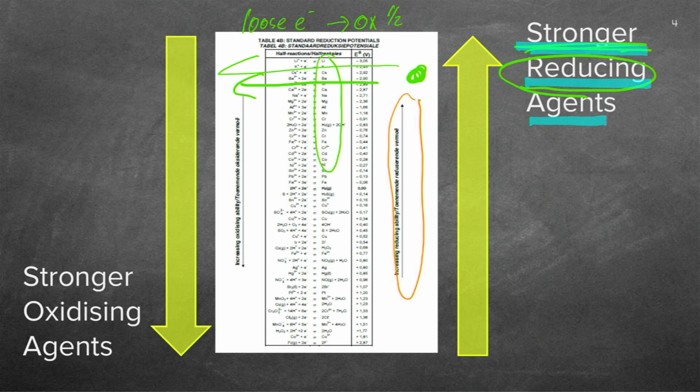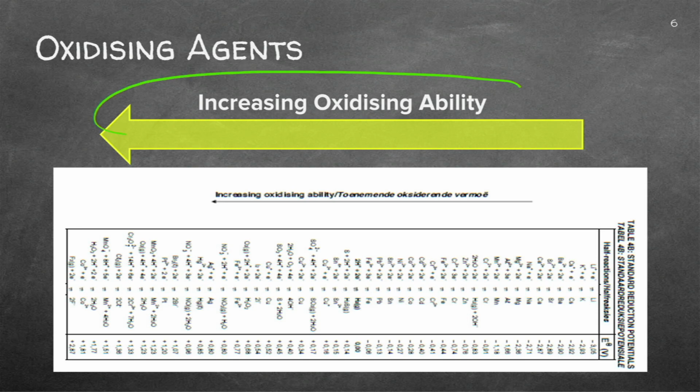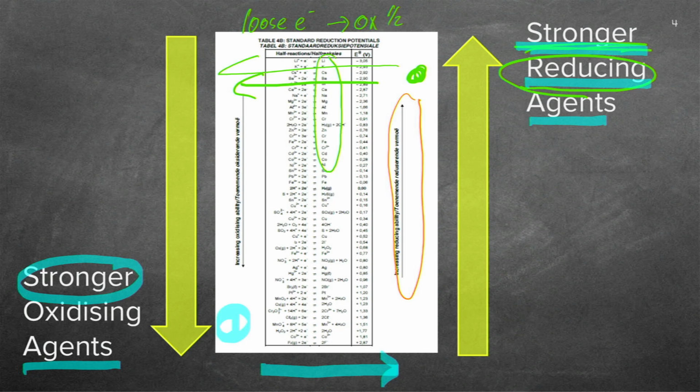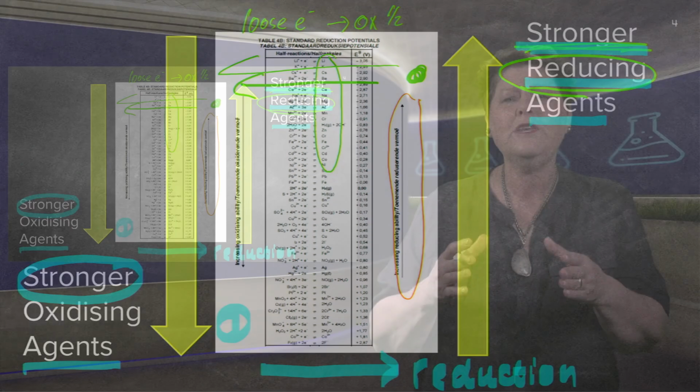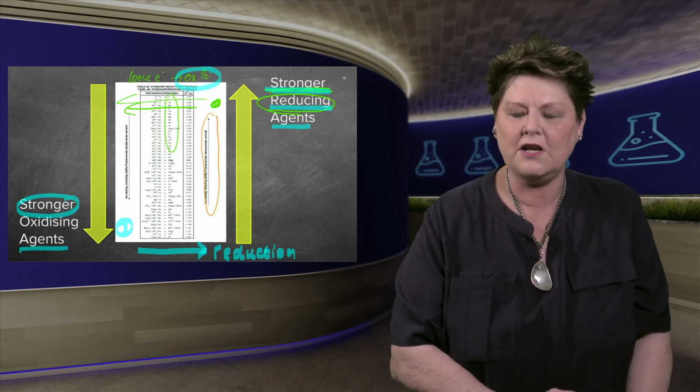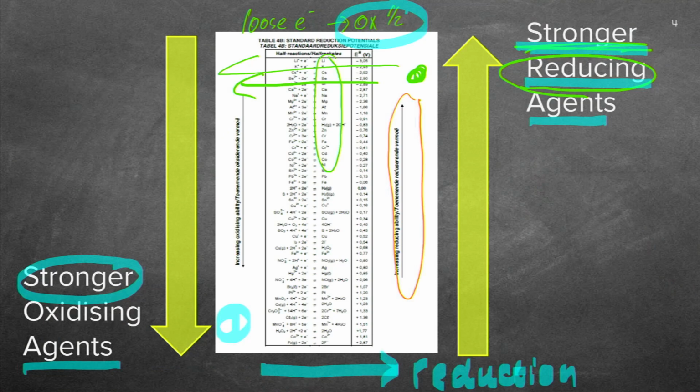On the other side, you will find an increasing oxidation ability, but to the opposite side. So if we have a look at this, you'll see I've got the stronger oxidizing agent here at the bottom, but on the left-hand side, which means this reaction will gain electrons, therefore it will be the reduction reaction. And can you hear what I'm saying? One half of the reaction will be the oxidizing half reaction. The other half of the reaction will be the reduction half reaction, and therefore we call it the half reactions.